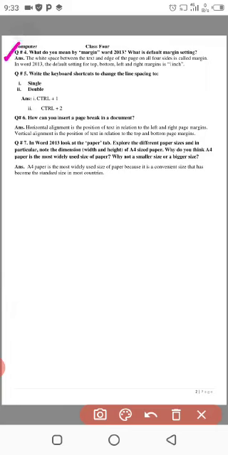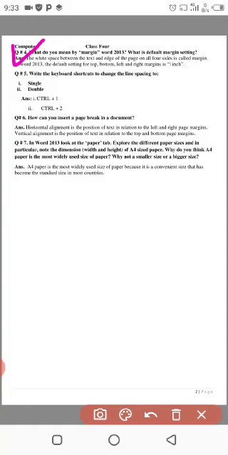Question number 4. What do you mean by margin in Word 2013? What is the default margin setting? As we can have an idea about the margin, the white space between the text and edge of the page on all four sides is called margin. Let me give you an example of margin.